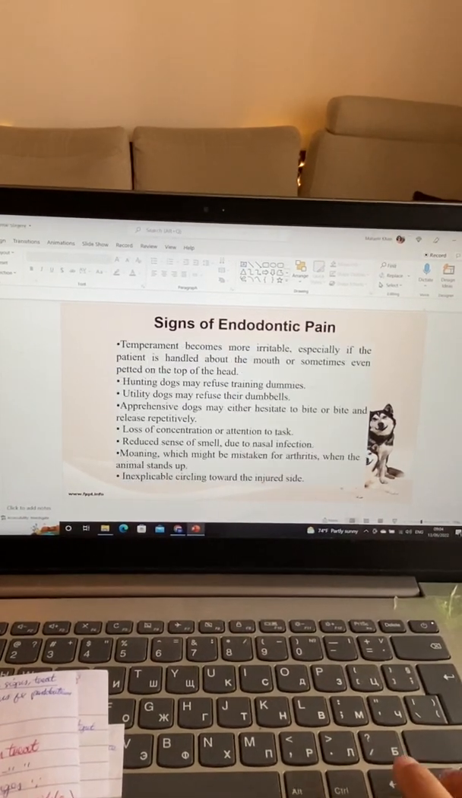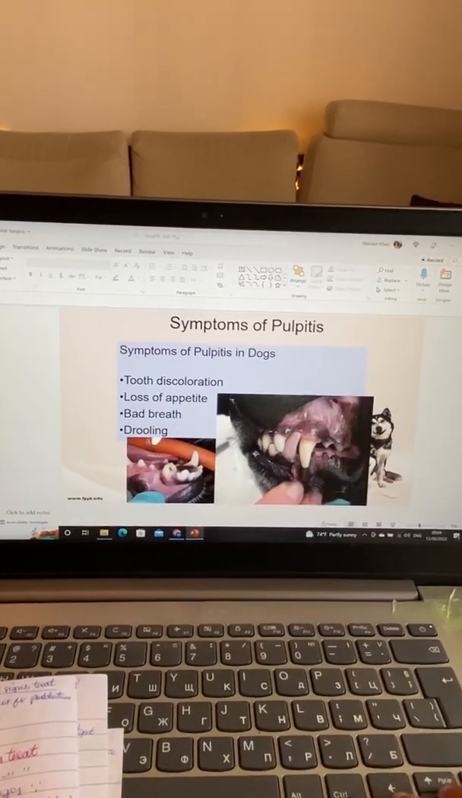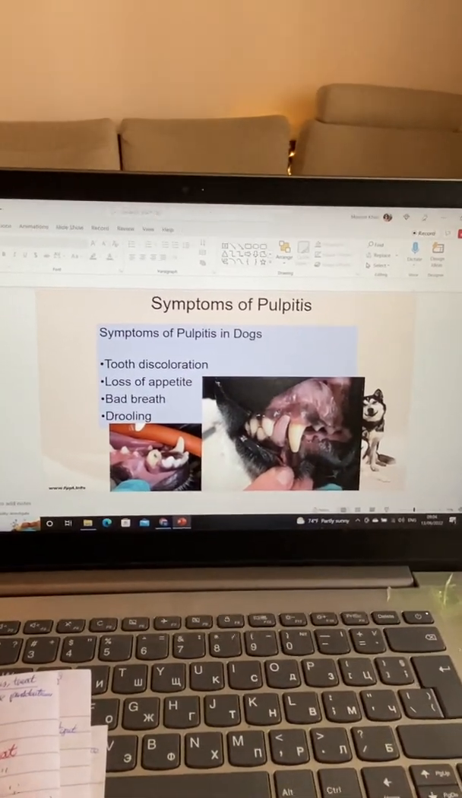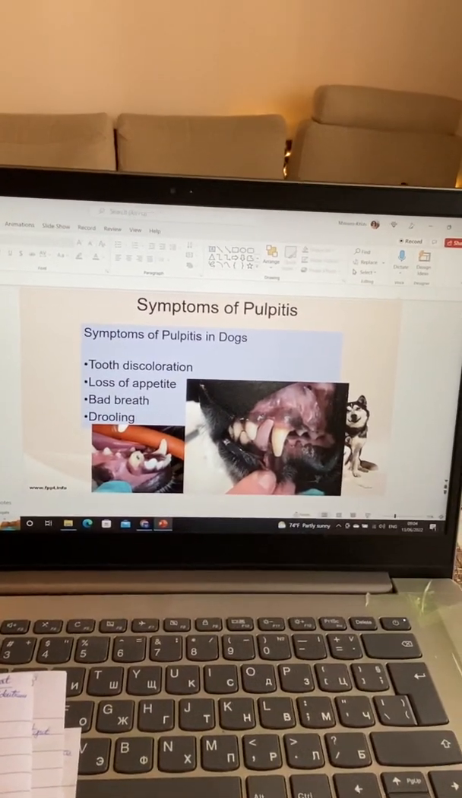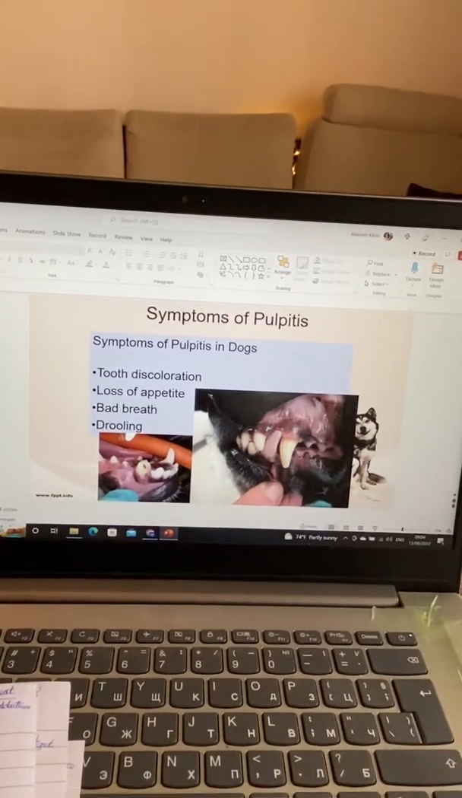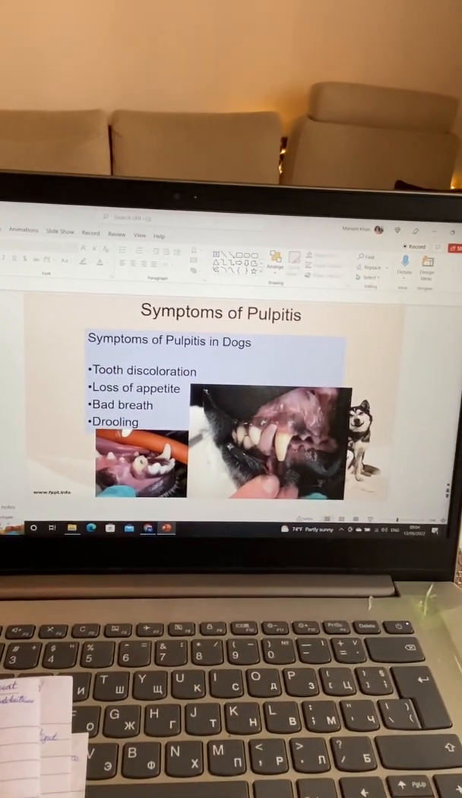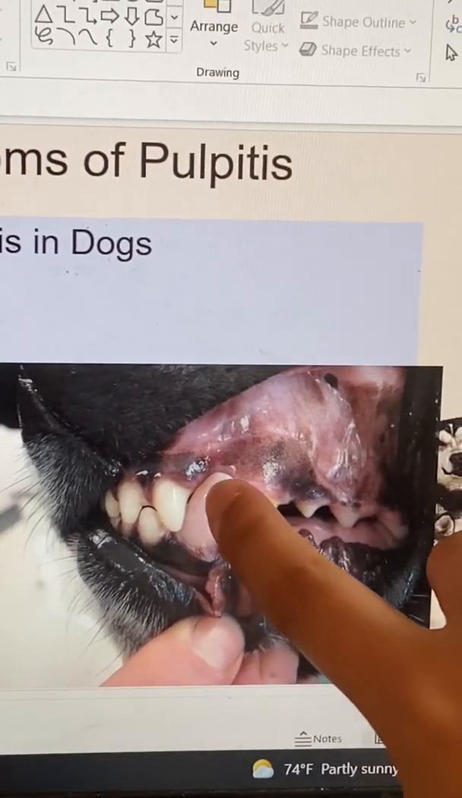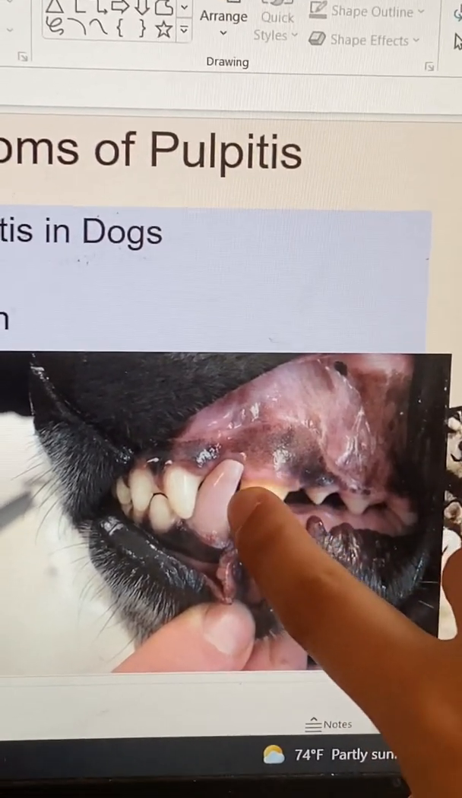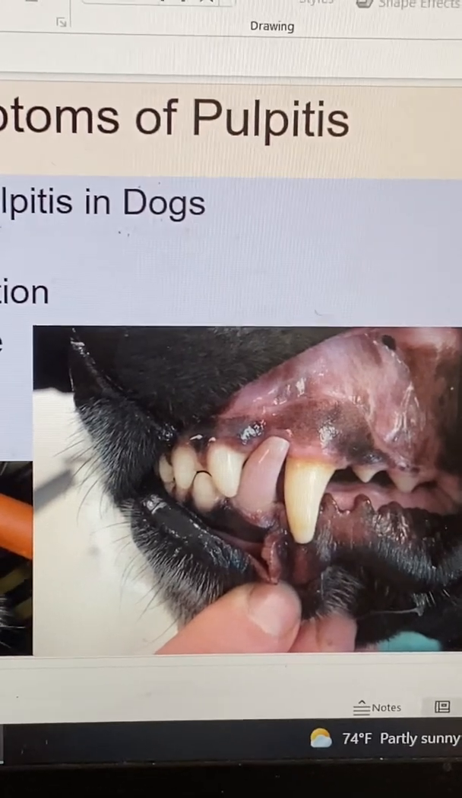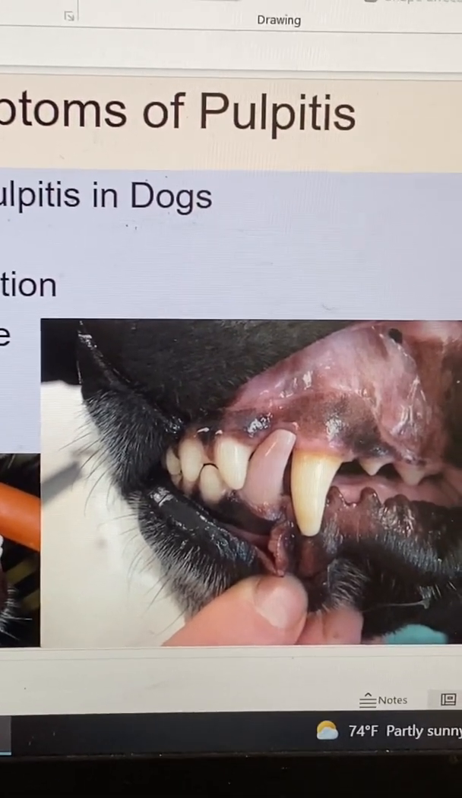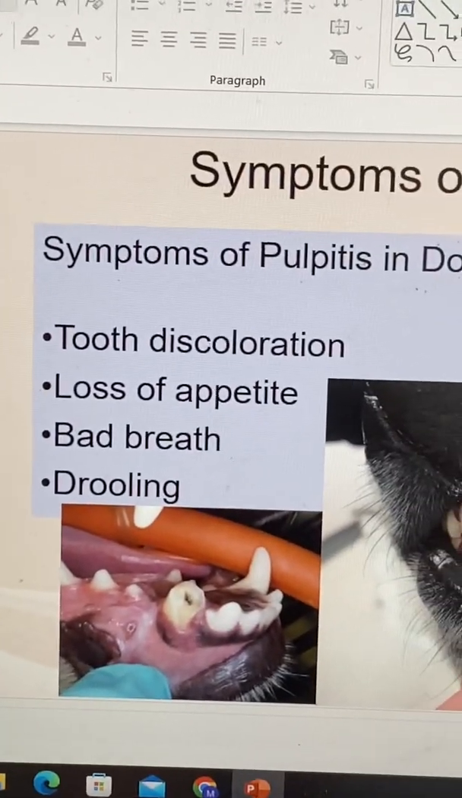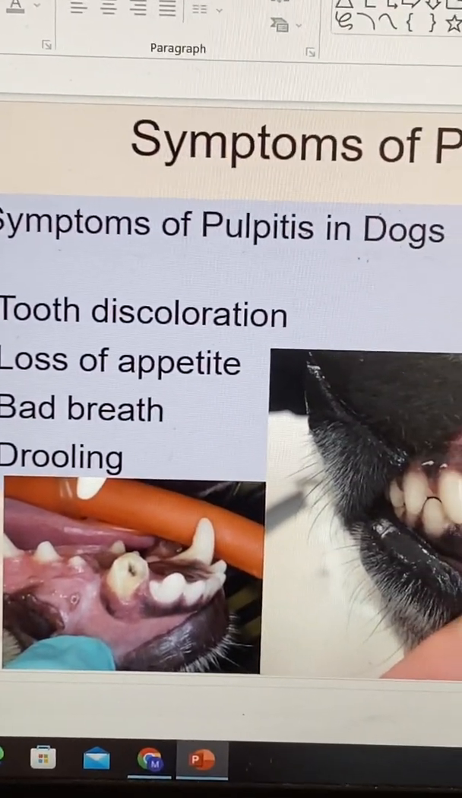Okay, so what are the clinical signs? It depends on the disease. If we start with pulpitis, this is the first example of the endodontic diseases. The tooth basically will bleed inside. It's not easy to see, but this tooth is discolored. That means the tooth will end up being pink, purple, gray, or black. It very much varies. You'll also see hypersalivation, halitosis, and they don't tend to eat as